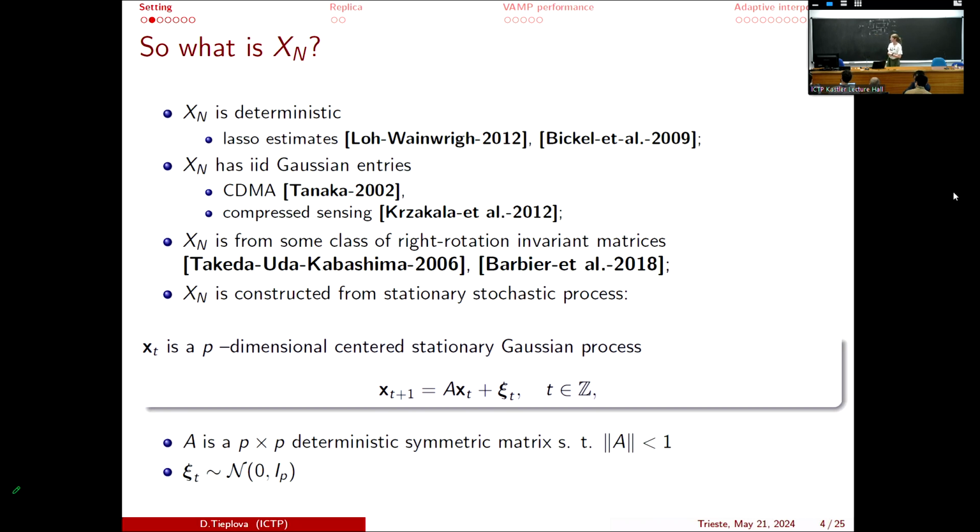Okay, so all this history was just to justify why we are doing what we are doing. So our problem now is just to take this stochastic model and to try to study it in the sense of information theoretical limits. So we want to find some main theoretical quantities about this model.